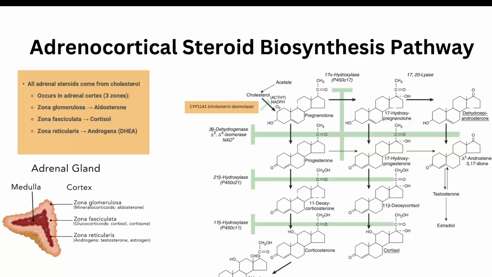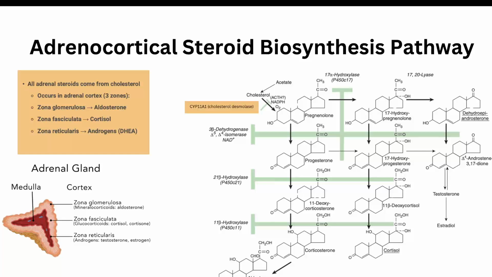So in the presence of cholesterol, it is converted first into pregnenolone, and from the pregnenolone there are three biosynthetic pathways. Cholesterol is first converted to pregnenolone, and then from pregnenolone all other adrenocorticosteroids will be biosynthesized. The step of conversion of cholesterol to pregnenolone is called the rate limiting step, and the enzyme that is responsible for